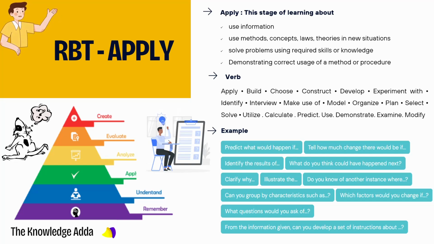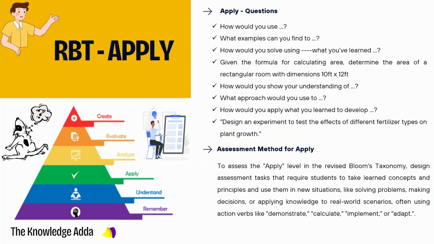Okay, so for example you can see, predict what would happen if, tell how much change there would be, identify the result of. So here you can see some examples in the form of questions, like, how would you use something? What example can you find to? How would you solve using? एग्जाम्पल यू कैन टेक फॉर अप्लाई। तो बेसिकली इसमें क्या होता है कि जब भी आप कोई क्वेश्चन बनाते हैं